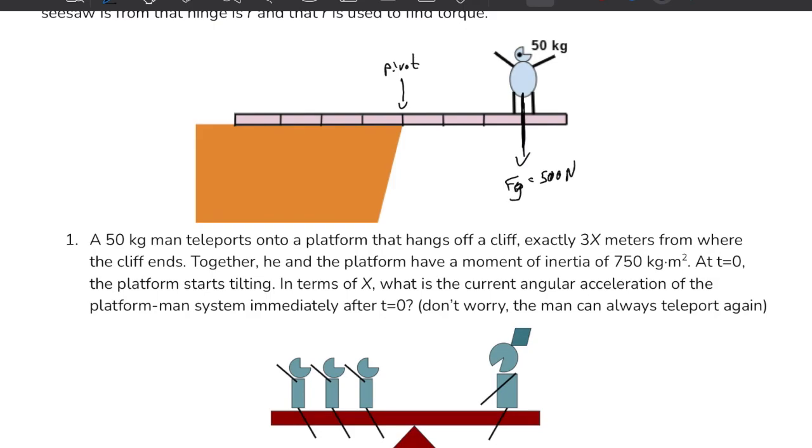And what do we want to know in terms of what's the current angular acceleration? Well, angular acceleration is torque over rotational inertia. The torque from our guy is 500 times 3x because he's 3x over from the pivot point. So if we have a force of 500 newtons times 3x,